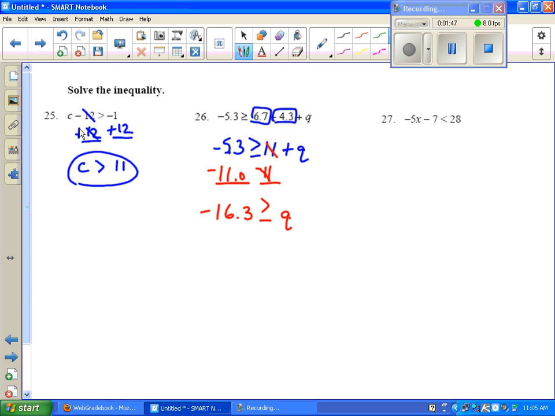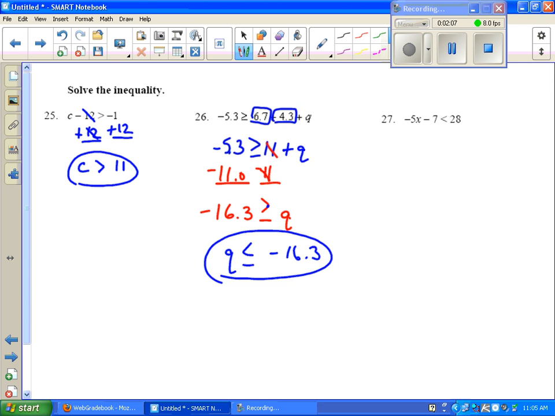If you want to rewrite that to where you show the Q first, put Q on the left and -16.3 on the right, and make sure your inequality faces the same direction. Notice the point is on the same side as Q, so put the point on the same side of Q on the bottom one. So if you would rewrite it, it'd be rewritten as Q is less than or equal